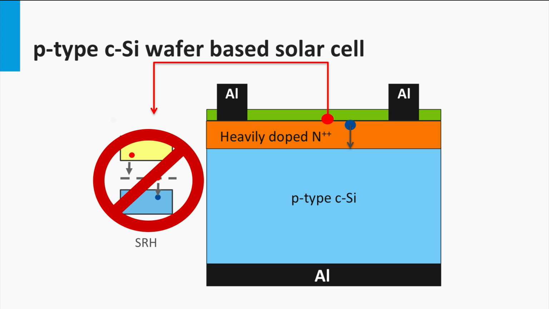A second approach to reduce the surface recombination velocity is to reduce the minority charge carrier density near the surface. As the surface recombination velocity is limited by the minority charge carriers, as low as possible a minority charge carrier density at the surface region would be beneficial. It means that with increasing the doping of the emitter layer, we decrease the density of the minority charge carriers. This results in a lower recombination velocity at the surface. However, this is again in competition with the diffusion length of the minority charge carriers.